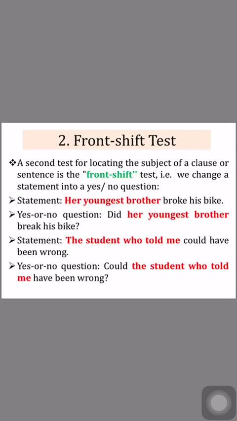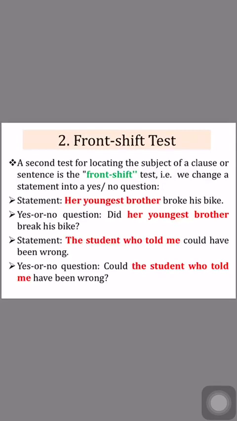But in a yes/no question, the auxiliary, which is here the operator, is considered number one, whereas her youngest brother is number two. So the sentence will be, we said we will choose did, and whenever we start the sentence with one of the auxiliaries, making a yes/no question, other than have, has, had,